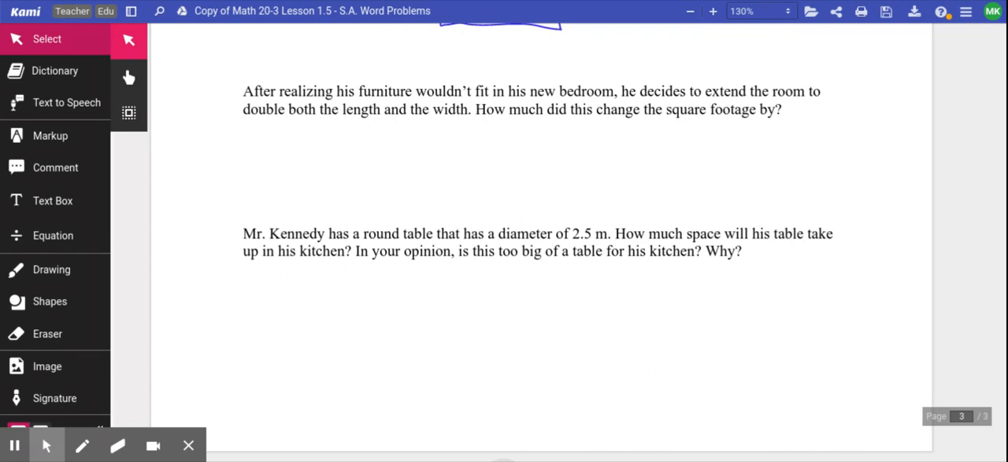The next part says, after realizing his furniture wouldn't fit,